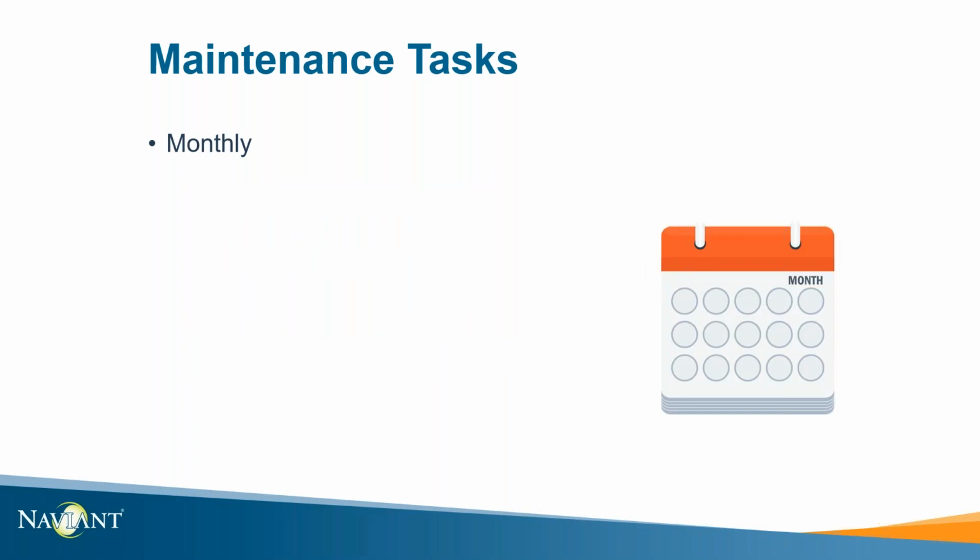And finally, some monthly tasks OnBase admins should be accomplishing. The first monthly task is to purge transaction logs. The OnBase transaction log keeps a record of all of the events associated with the OnBase database. This includes retrievals, the addition or update of keywords, DIP, COLD, and other processes. The transaction log also allows users to view a document's history. However, the transaction log can become very large, sometimes as much as 25% of the total database.